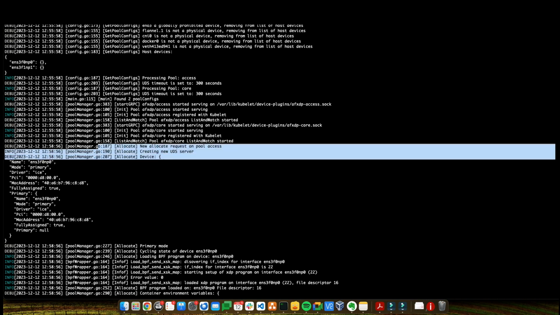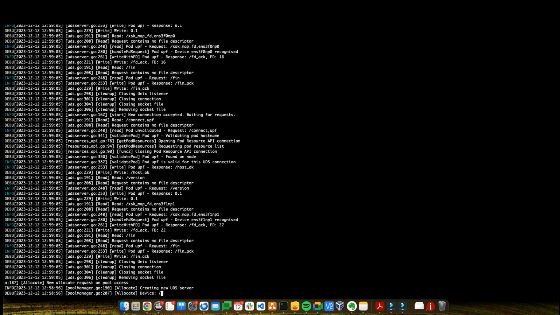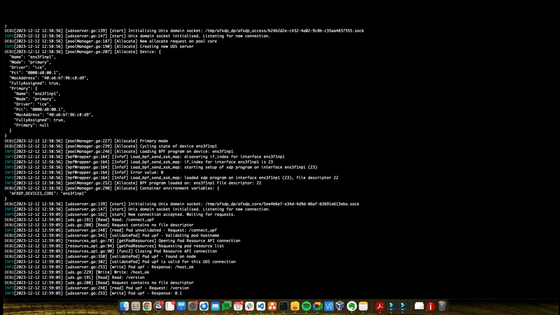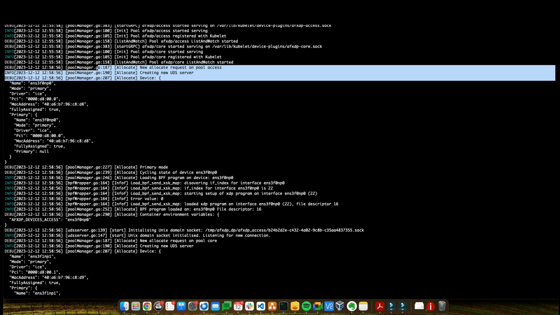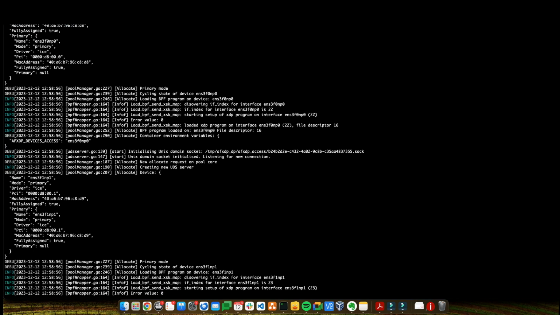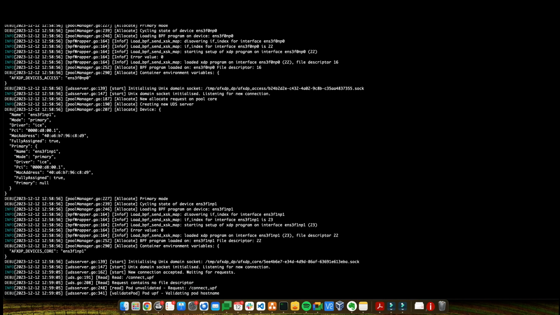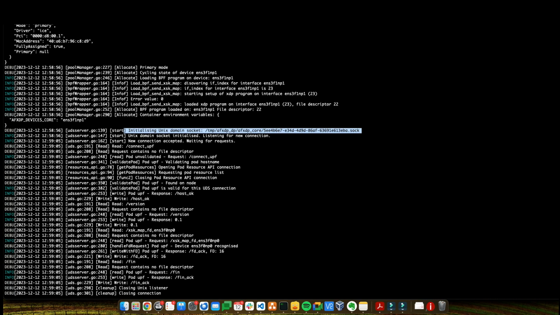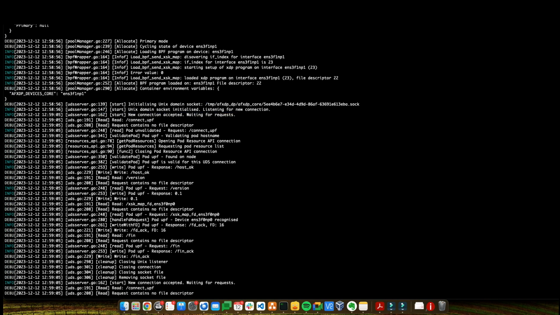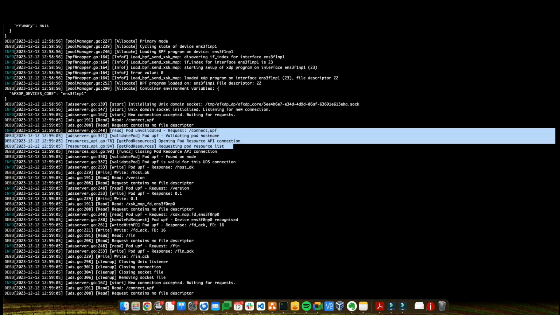Here we can see an allocation request come in for one of the netdevs, and we can even see the second continuation of that same allocation request. Essentially, the device plugin initializes a Unix domain socket that's listening for new connections. You can see here part of the handshake happening,